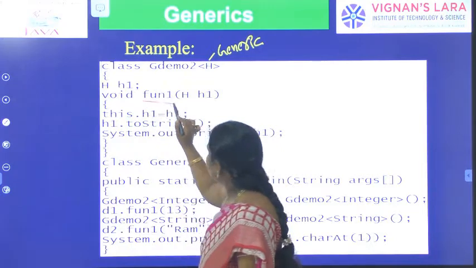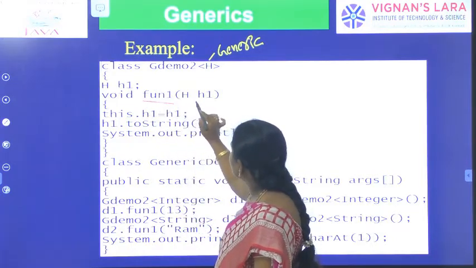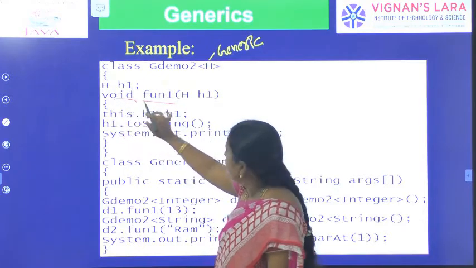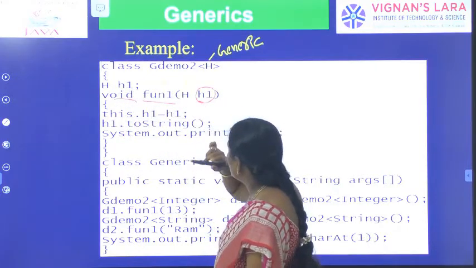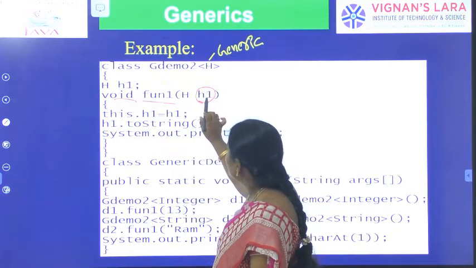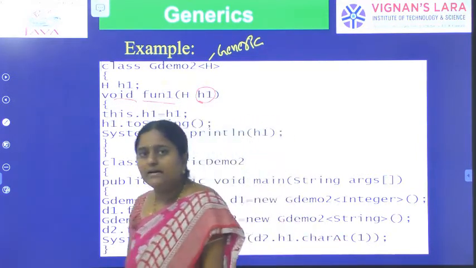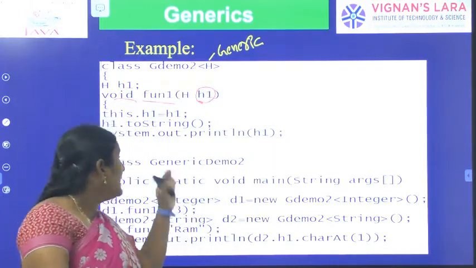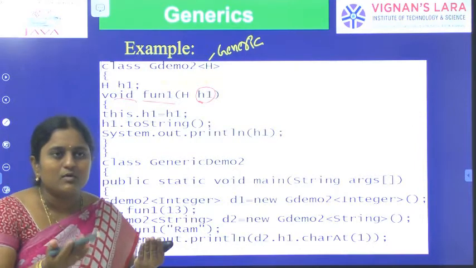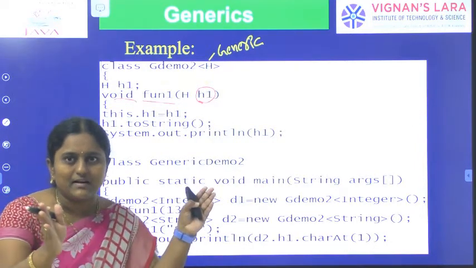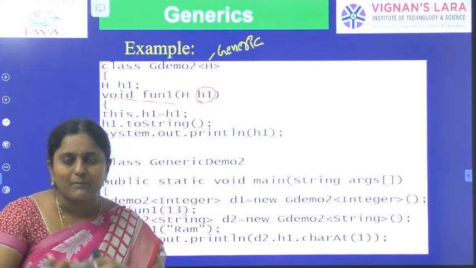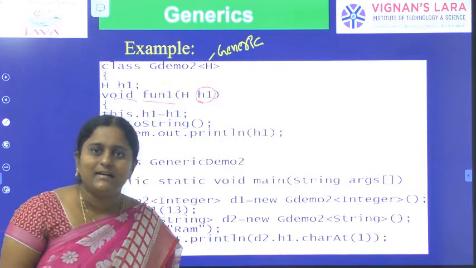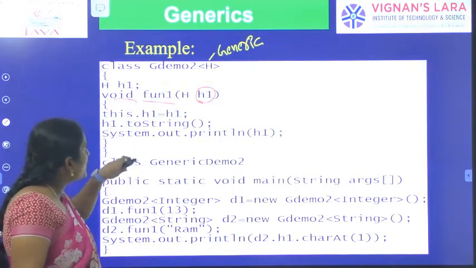Next I am defining one function. What data type does it return? It is a function. Here H1 means one argument. Any function has arguments, so H1 is the argument, and it has some return type, H return type, because we can't specify a particular data type. If you don't specify a particular data type at compile time, you can specify any valid data type. So what is the body of this function?